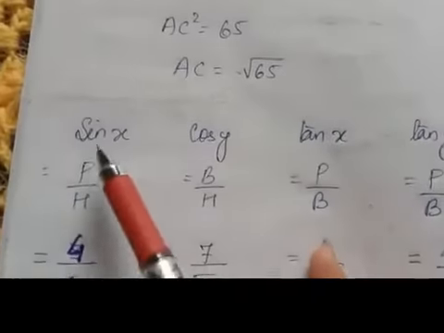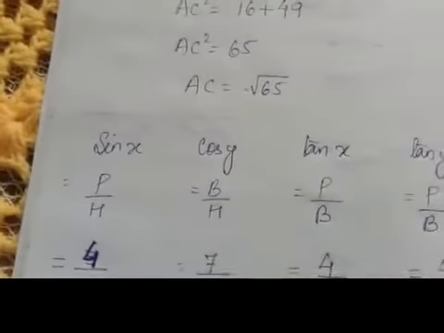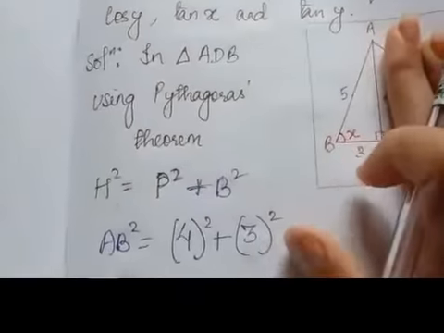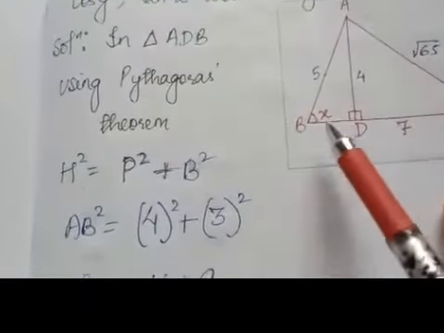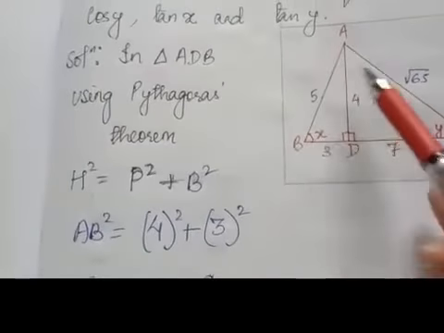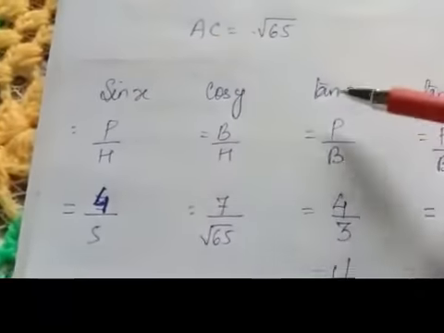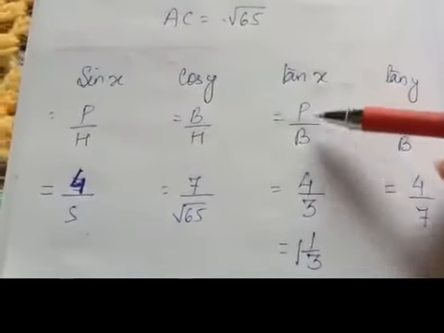Now here you have to find sin x. Here is x. Sin x and tan x we will find first. So for x you have to consider this triangle, because here is x. So the value of sin x will be 4 by 5. Then tan x is